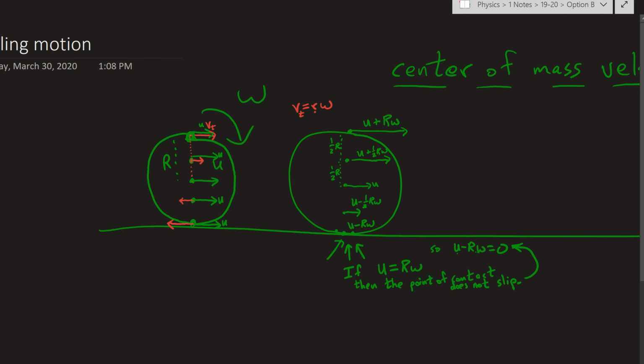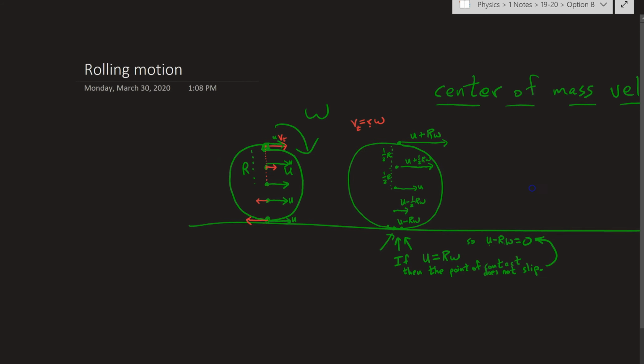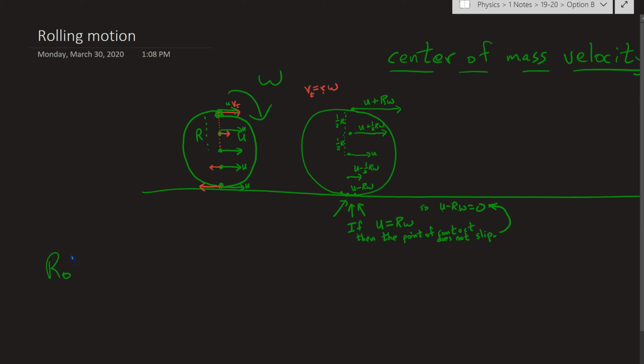So understanding that about the point of contact not having a velocity is a pretty big deal in understanding rolling motion without slipping or sliding, because it's more complicated to explain rolling motion if that point can slip and slide. That's not to say that you can't explain it with physics. That would be like a